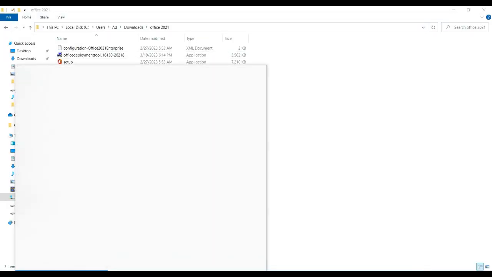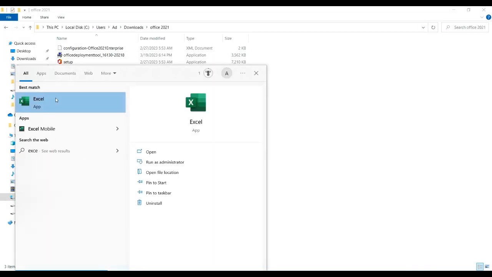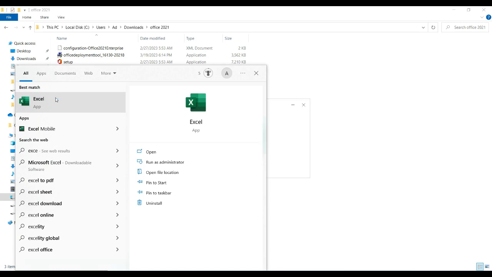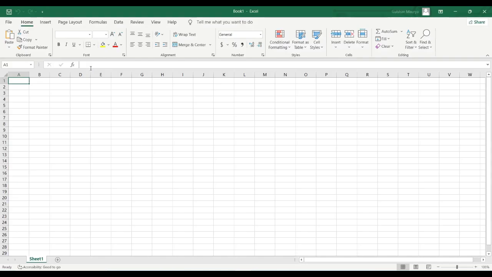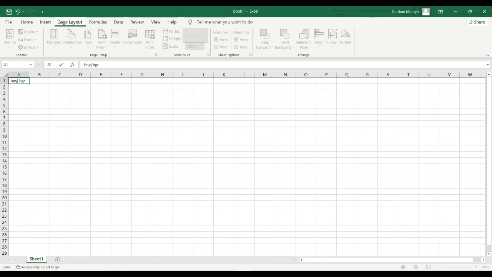If you want to see Excel, so this is also working. Type whatever you want and all the options are available. See,